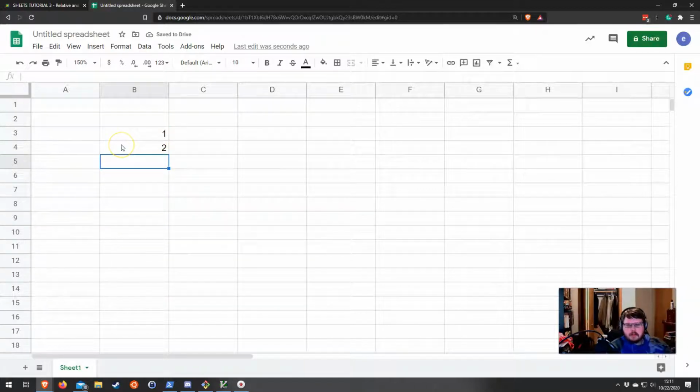And I want you to do these things. I want you to open a blank spreadsheet and do that. You're not going to turn this in, but I want you to do this because you need to experience doing this process. If I select these two cells and then drag this down,